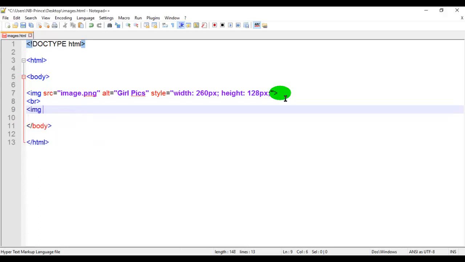So here I take img src equal to image.png, as I have the image on the desktop, alt text, for example girl, and here I will give the width directly, for example 260px, and height, for example 128px, and image tag close.